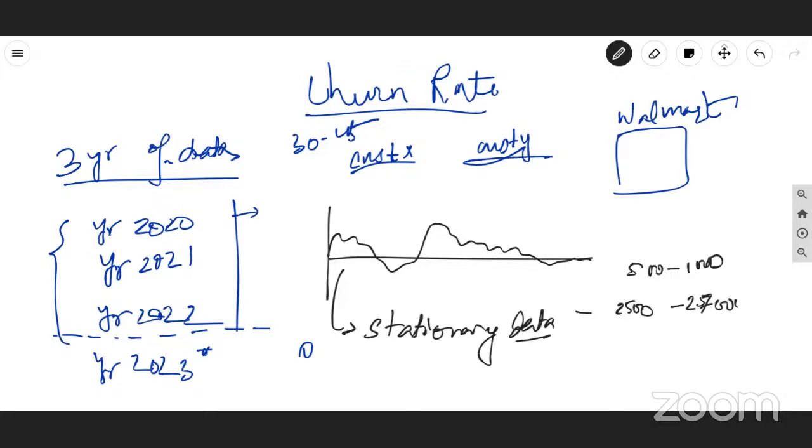This is the range of stationary data. So every customer will have a different range because of their own spending habits. Now when you go and try to compare the threshold between customer X and Y, you will see